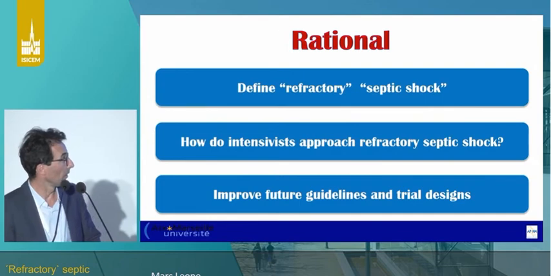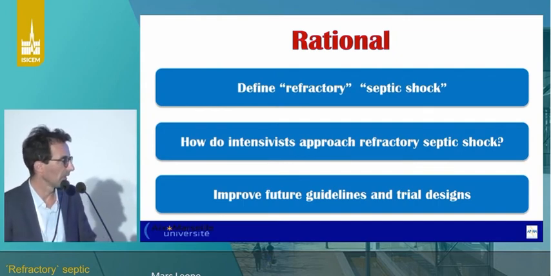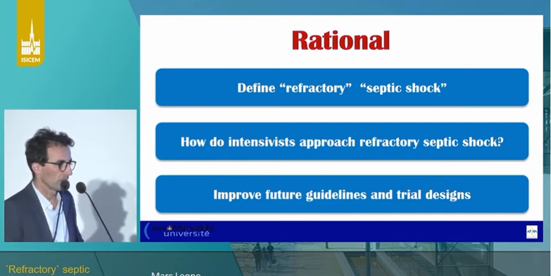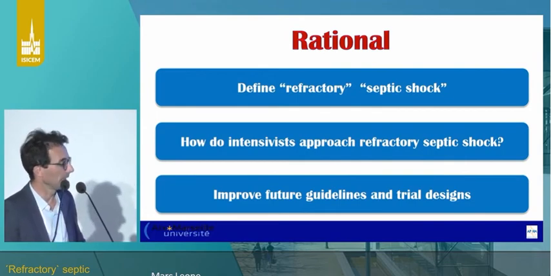All this is quite important for future guidelines, for new drugs, for new therapeutics, because there are at least 20 different definitions in the literature, and now we need a consensus on this